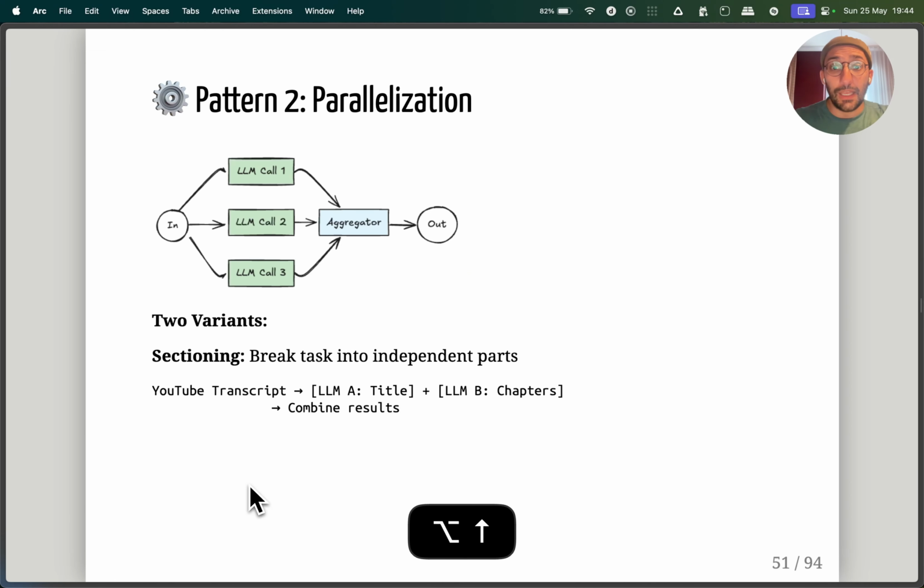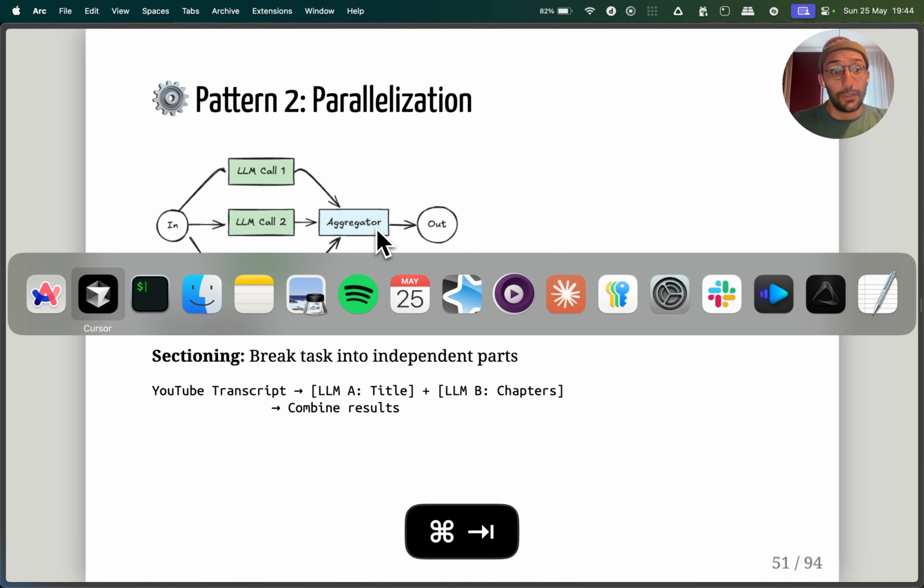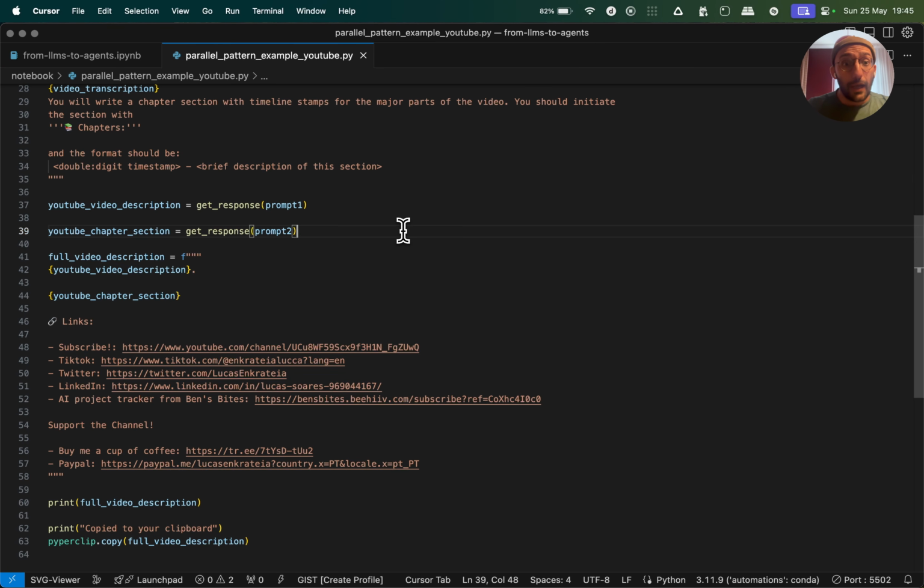And when I'm putting them together, that is called the aggregator. So if we go here to my code, I get these two responses. Folks, it's important to know that in this case, I'm not doing things in parallel, okay? I'm doing this one after the other, but this is an example of a situation where I could have this run in parallel.